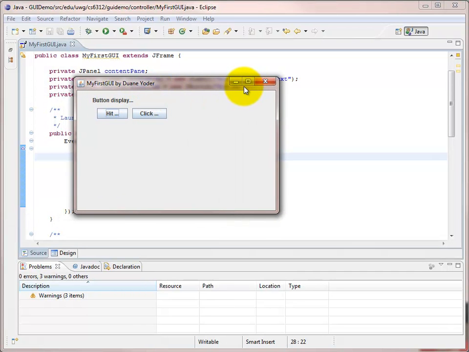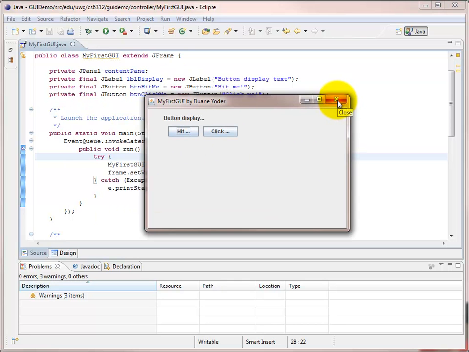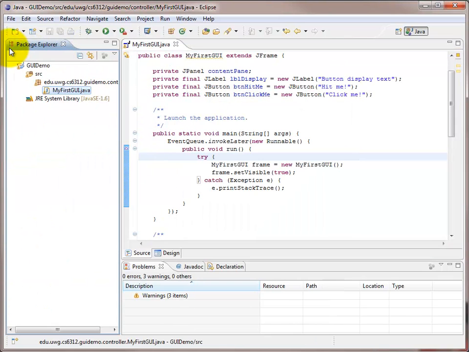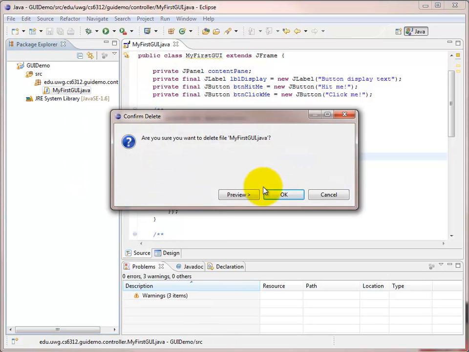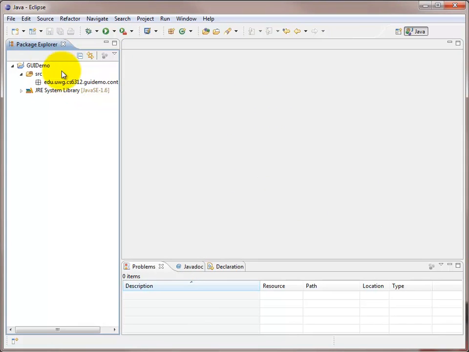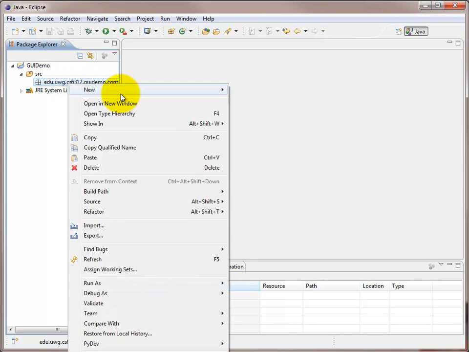So I can use the properties to do a lot of customization for the type of components that I have on my GUI. Now I also want to come in here and show you another example of how the WindowBuilder can generate our event listeners a little bit differently. So I'm going to go ahead and delete this. I'm going to make a new